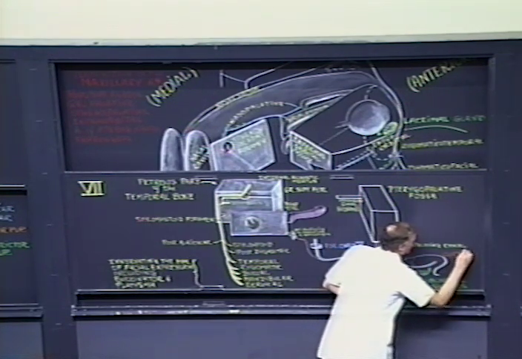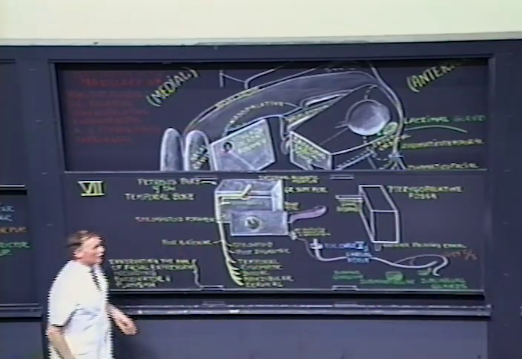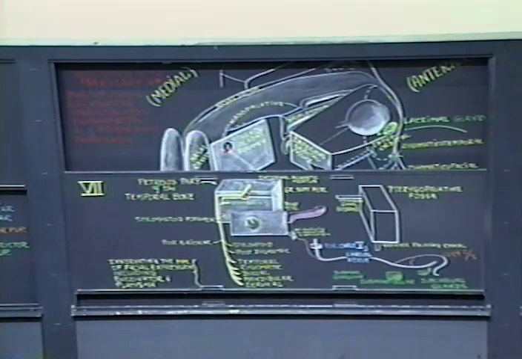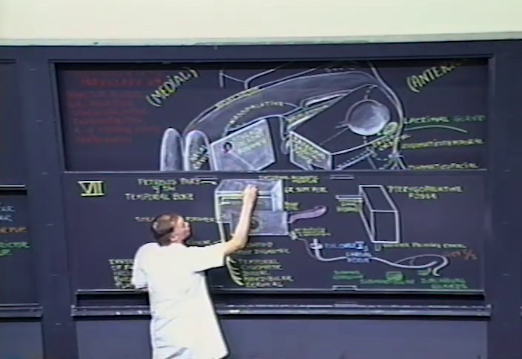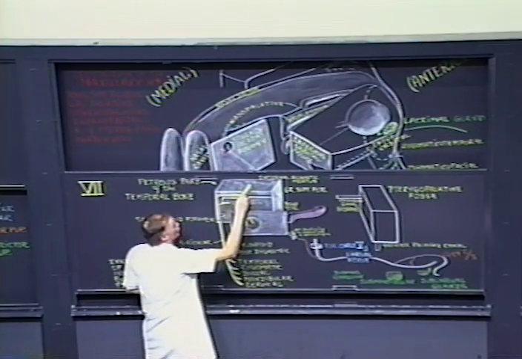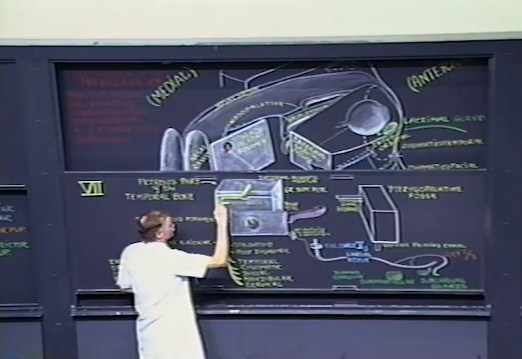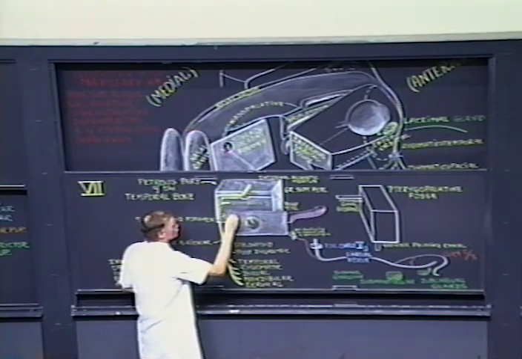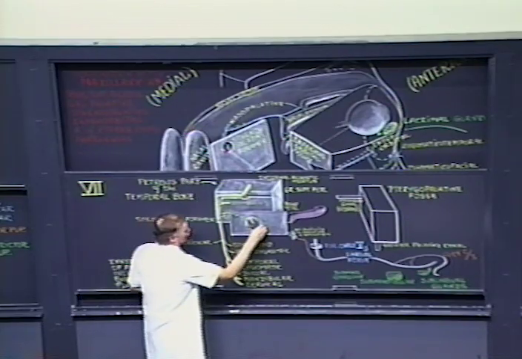Anterior 2/3 of the tongue, taste is mediated by 7 via the chorda tympani. Accompanying that modality is our preganglionic parasympathetics. Preganglionic parasympathetics